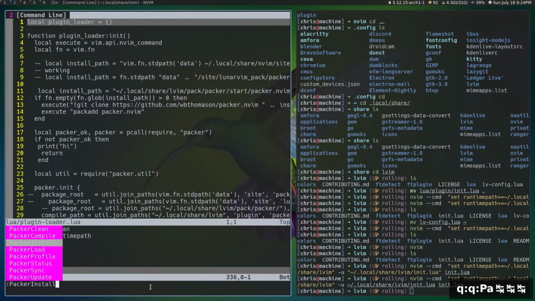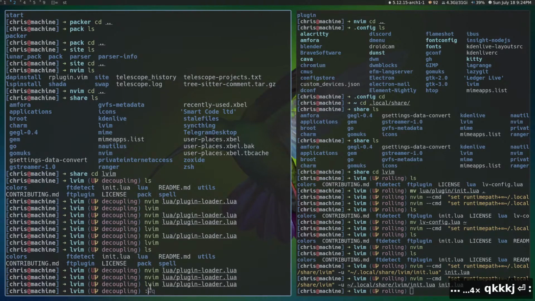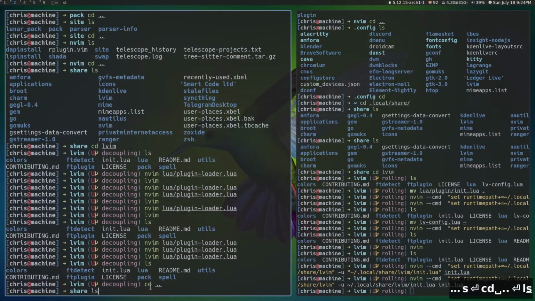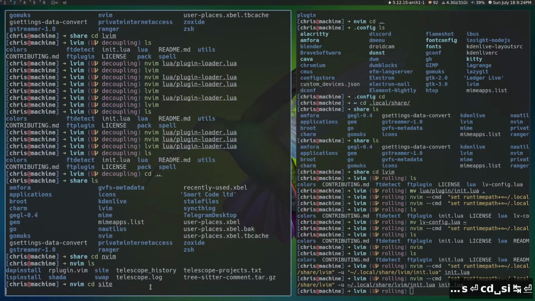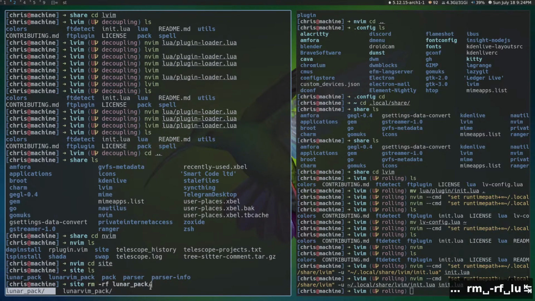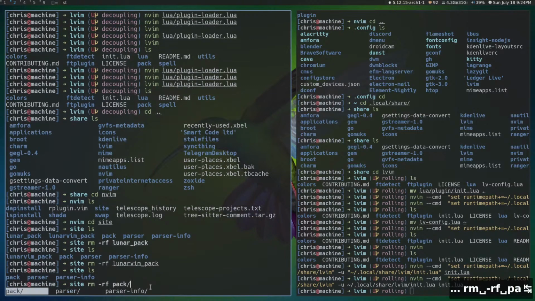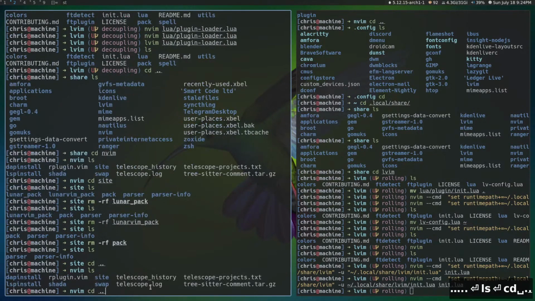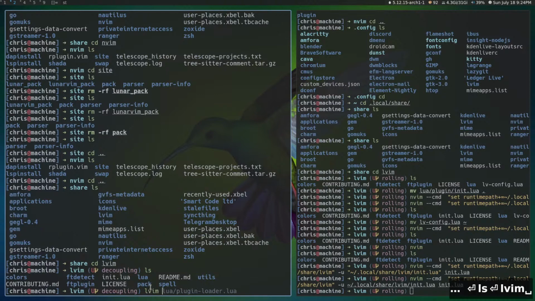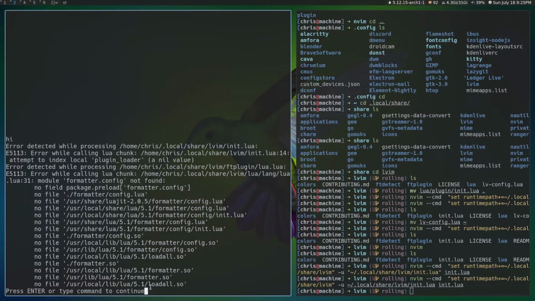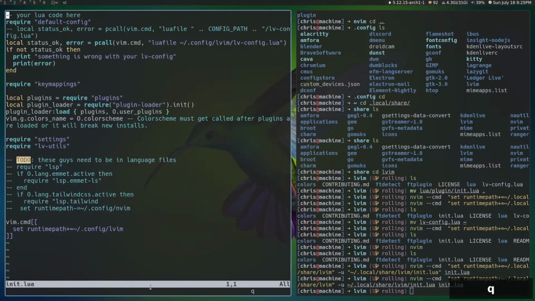Now, all right, so now that it's found that, then it shouldn't have any problem with me going into nvim site and blowing away lunar pack, blowing away LunarVim, maybe that's why I screwed LunarVim pack, and blowing away pack. Yeah, now it's got a problem. So let's take a look at, so now that thing came back nil, so it doesn't want to look here for some reason. So if we go to echo and runtime,